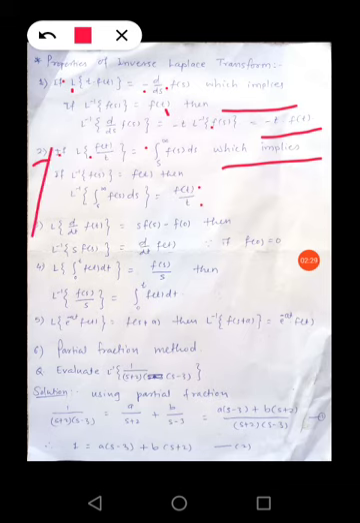Now see the third property, Laplace transform of the derivative of a function. As we have seen, Laplace transform of f dash of t is equal to s into f of s minus f of 0. Then L inverse of s into f of s. I have written here s into f of s only and not mentioned f of 0, because f of 0 is equal to 0,